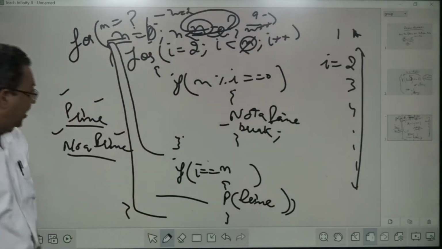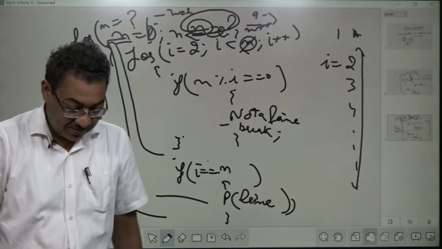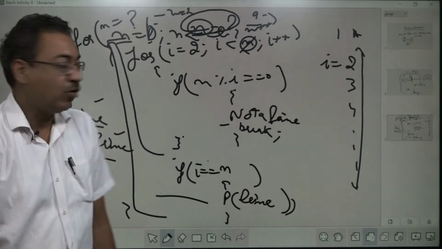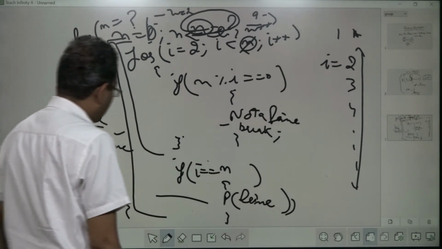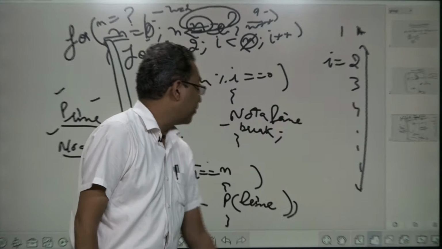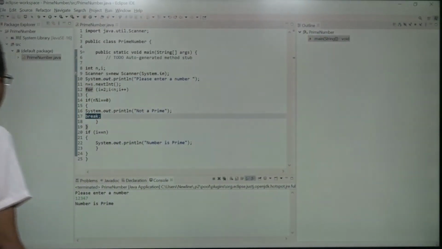So can I say, if you know the way to check whether a number is prime or not, this problem is not a difficult one. Let's move to the program that we have already written, right? This program,